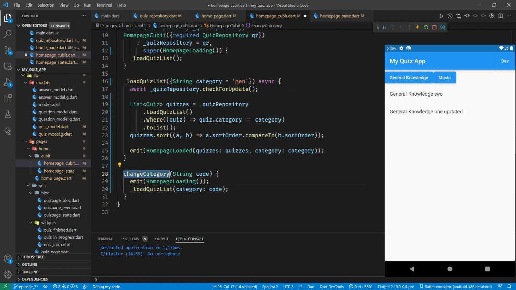So we call changeCategory and take in the code, and then we call load list with the code. So category is whatever the code is, it does that sort, and then it also saves that category, which we can use to style our buttons in a future episode. Now that should work. Let's save that and come to our home page